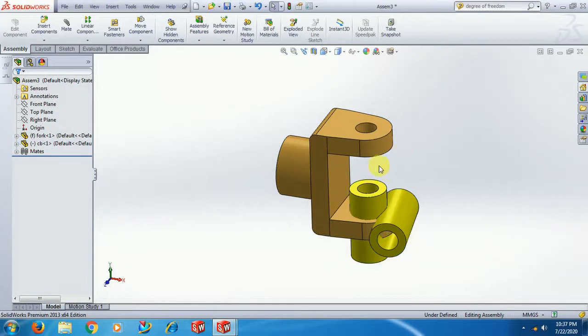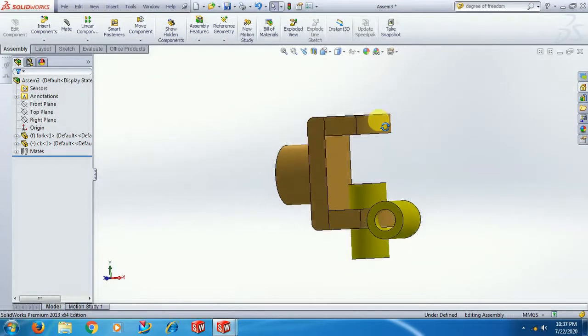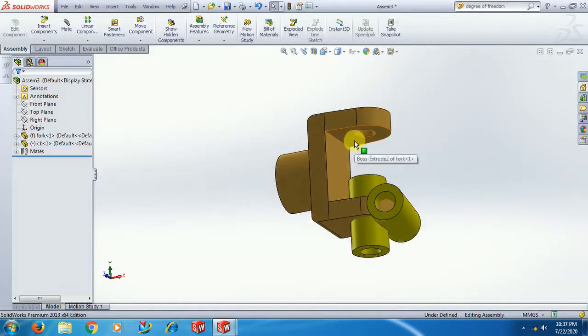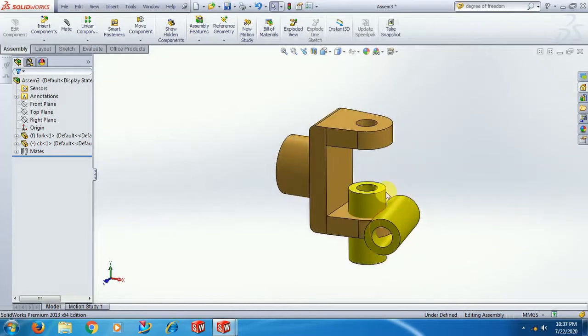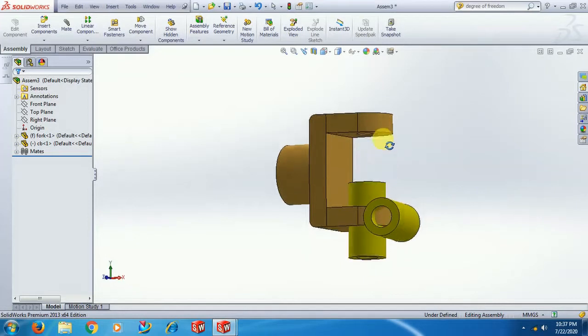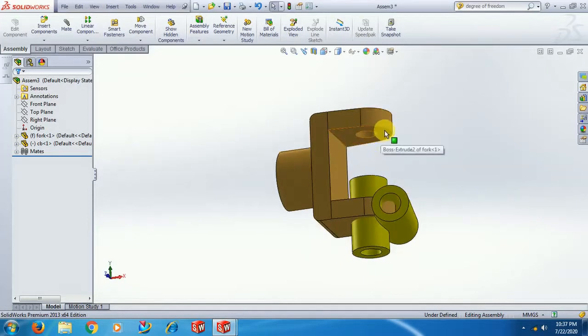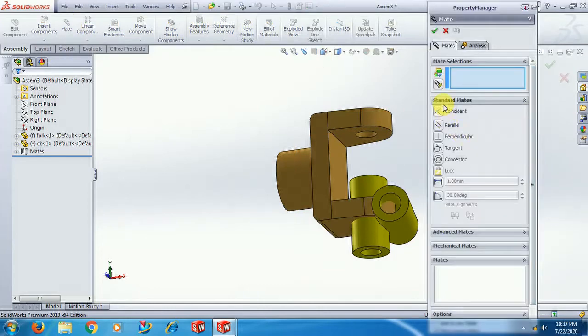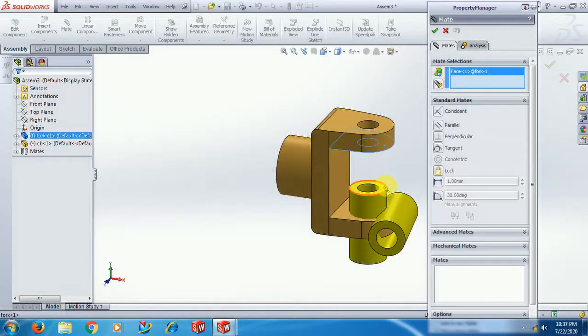Next, to contact this surface and this surface, so this has to contact here to this surface. Again go for mate, select this surface and this surface.